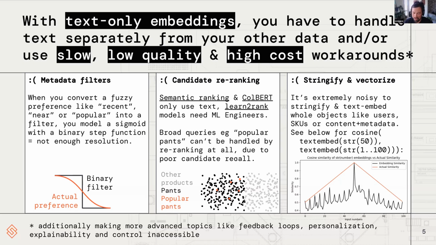The re-ranking always applies to less than 1% of your data. So whatever you miss in that candidate selection, you will not fix that by re-ranking. And so pushing as many of these signals down into the underlying retrieval and then just getting the right things from the database in the first place should always be the goal that we have, right? And so that's the category of issues that we see out there.